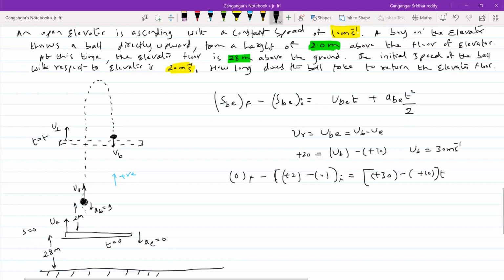So this will be the acceleration of the ball. It should be minus g, no? Acceleration of elevator, 0. I think this will be very crucial for you here, no? Sir, earlier you wrote minus g. Here, what is the acceleration of elevator? 0, no? It moves with a constant speed. So that's why the 0 has come.